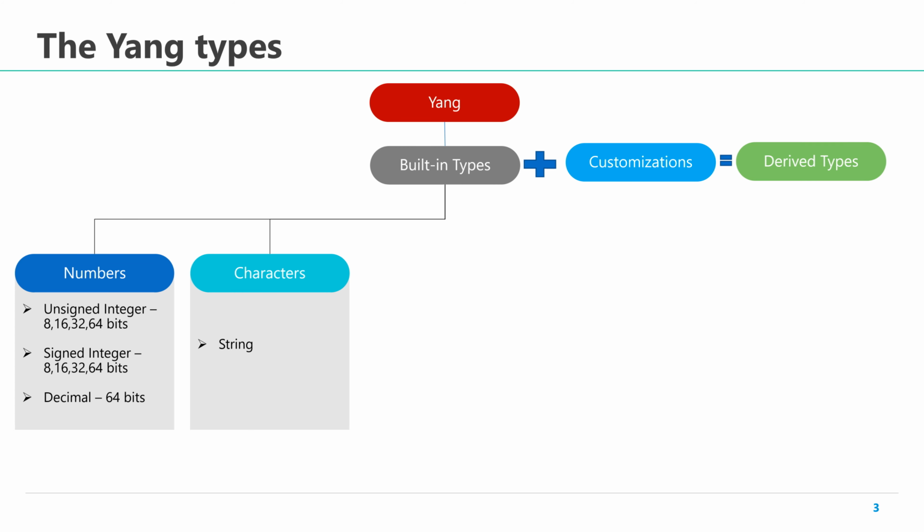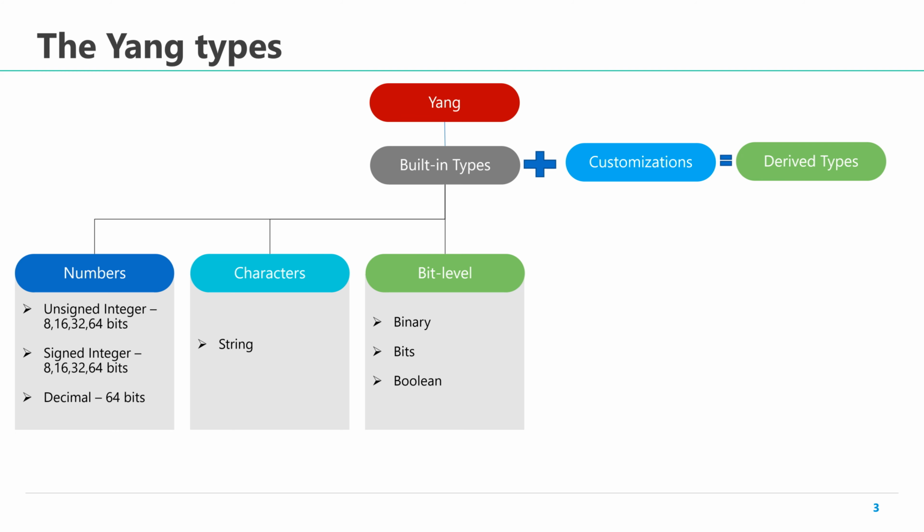The next data type is based on characters. It is called a string. A string is any sequence of characters like a name or address or a description. Depending on the application, the data type can be used in a particular data node.